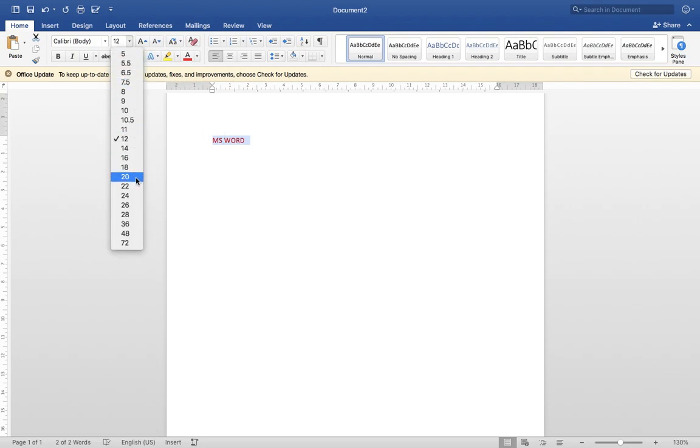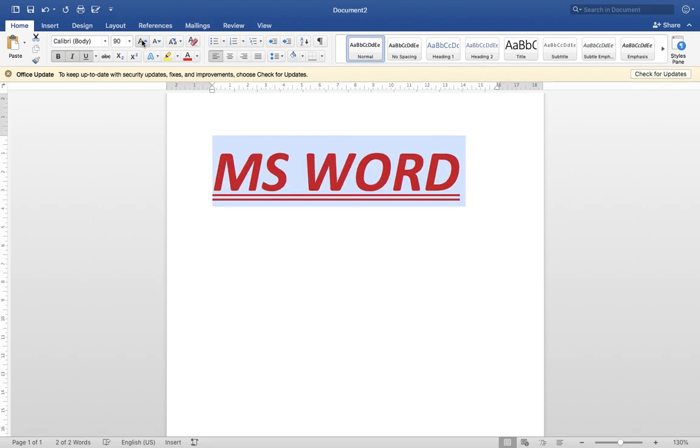You can change the font size of the text, make it bold, italics, underline it like this. The other way or alternative of increasing the text is by using this button. I have to remove the underline. I'll again click the underline button to remove this underline. Other is strike through, in which the selected word will be strike through. In order to remove it, I'll again click the strike through button to remove the option.